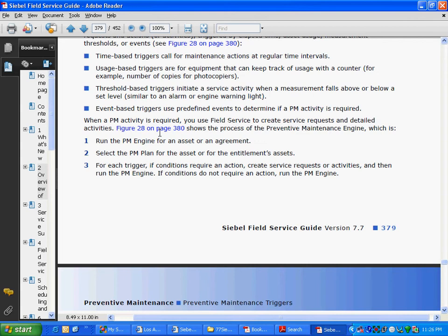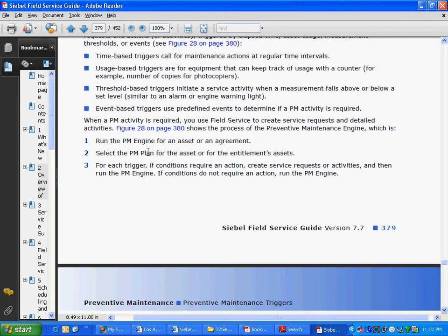So this is what we will learn. Is it really taking care of all those scenarios? Can we create this scenario easily in Siebel using PM Engine, and how much customization will be required, and so on and so forth? This will be our work. So let's go over it as we are progressing. Look at this. Each and every line is important. This is a very important thing.